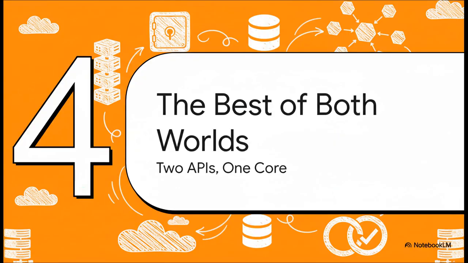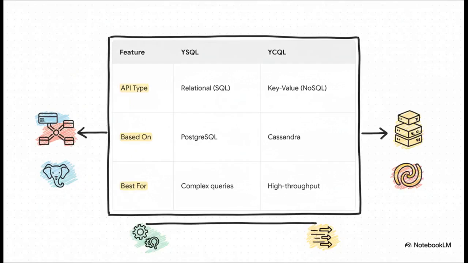Okay, so all that clever engineering under the hood leads to one massive benefit for developers, and that is choice, but without the old compromises. You get two different ways to talk to the database, and both are powered by that same powerful distributed core. And this is where developers really get the best of both worlds. On the one side, you've got YSQL. It speaks fluent PostgreSQL. So if your app needs complex queries, joins, and that ironclad consistency for a relational workload,